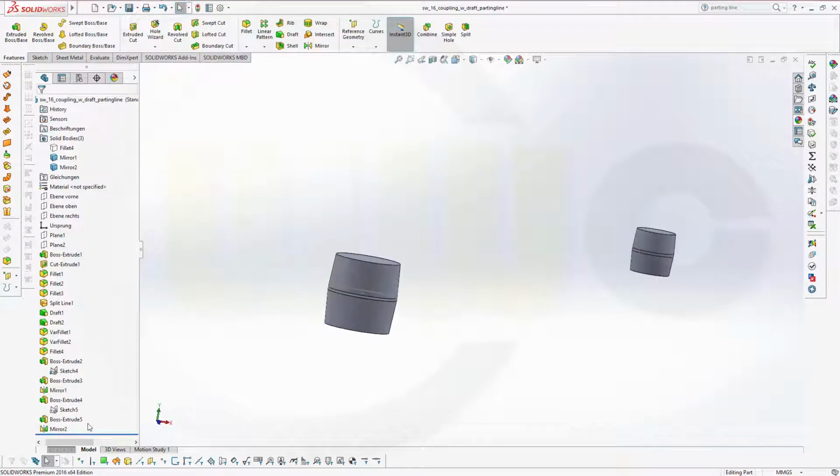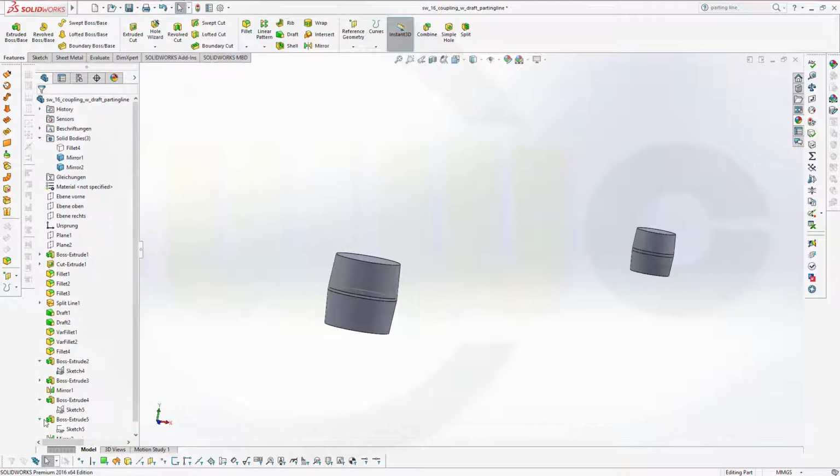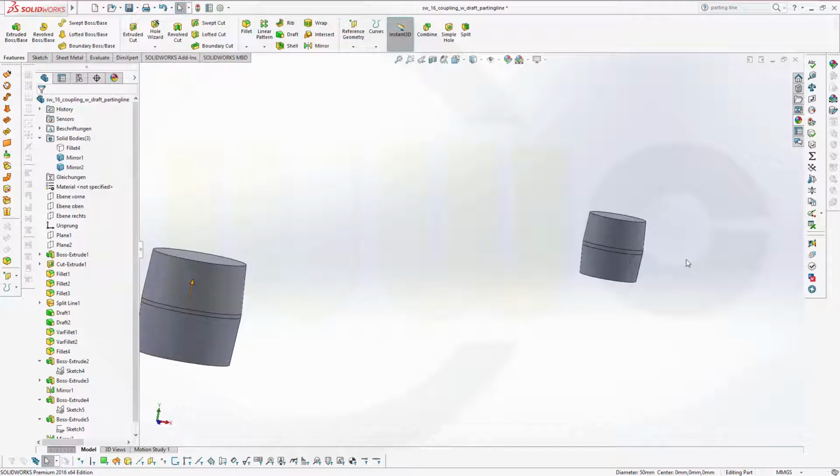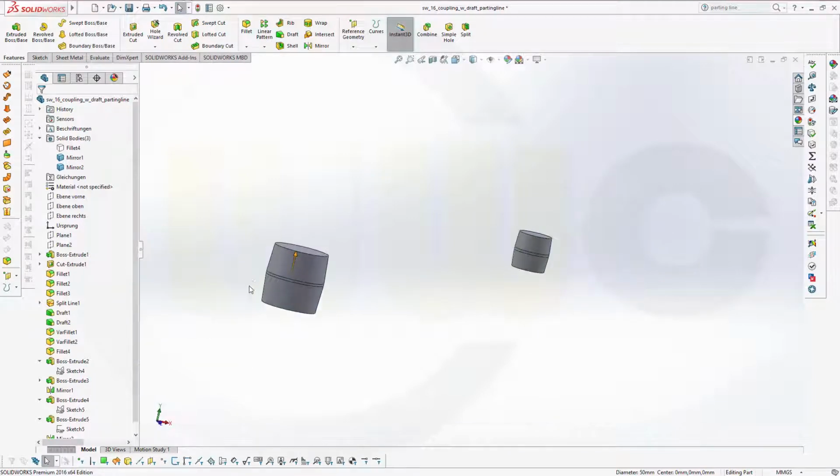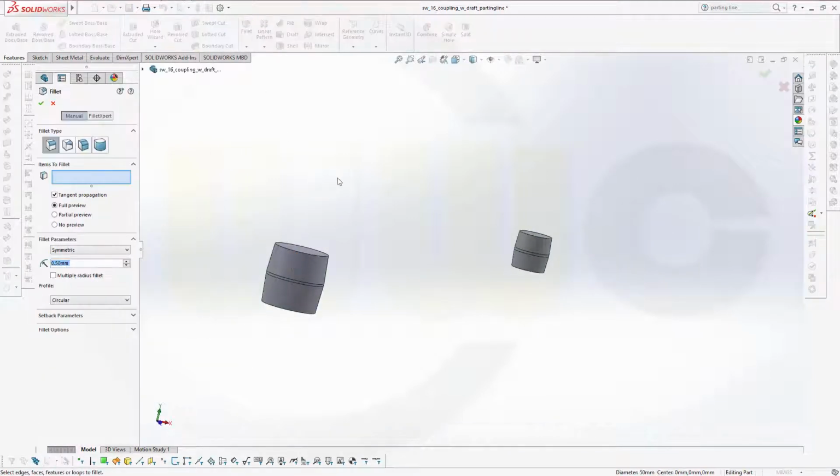Take a look, shared. Let's hide that sketch, and this one is not visible. That's okay. A fillet, make it 0.5, okay,